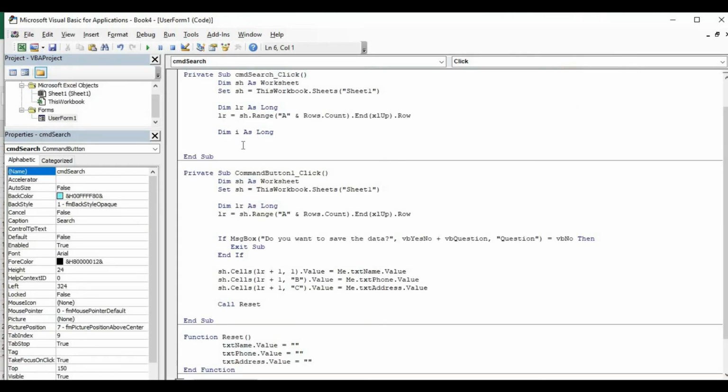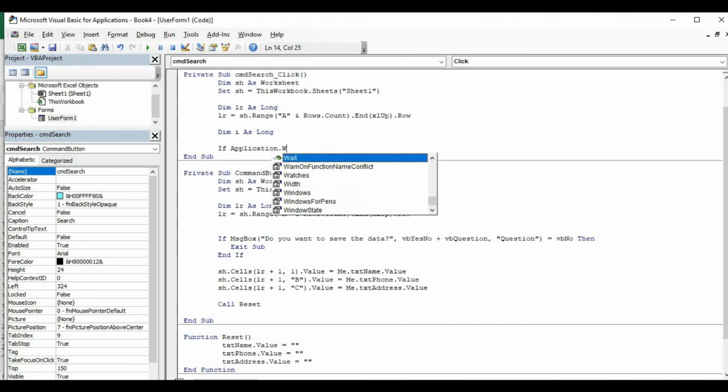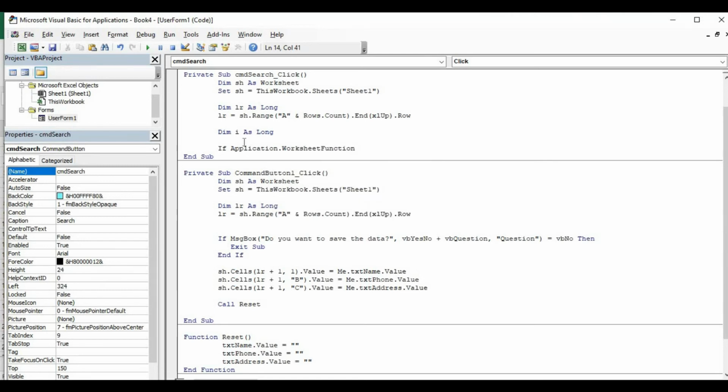For that, you have to type If Application.WorksheetFunction.CountIf, yes, CountIf. Here type sh.Range